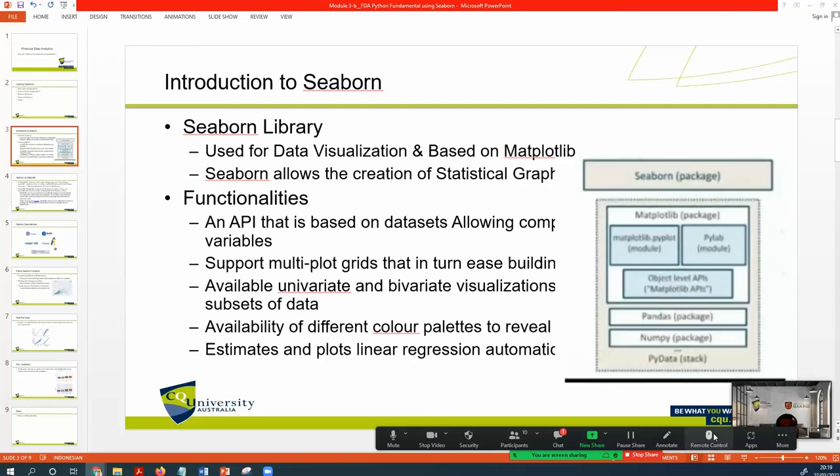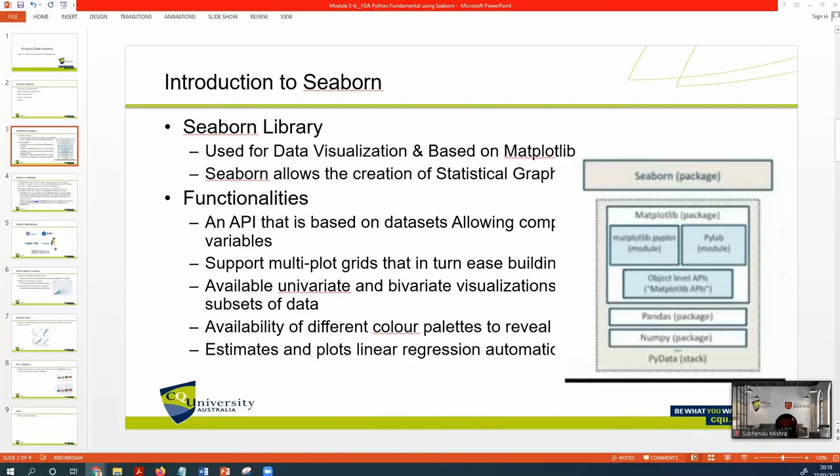Okay, sorry. Okay, all right. So, as I mentioned earlier, the Seaborn library is used to ease the challenging task of data visualization, but it is still based on Matplotlib.